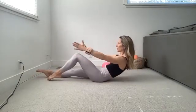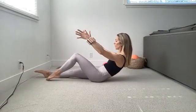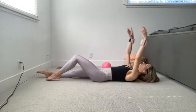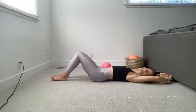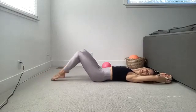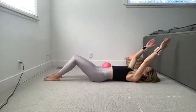Right hip stays heavy. Reaching up. Rolling all the way down. Slow and controlled, and then bend both legs in. So you can keep your feet flat. We're going to work towards lifting your heels so you're just really nice and light. Start with them flat for the first one. So tuck your chin,